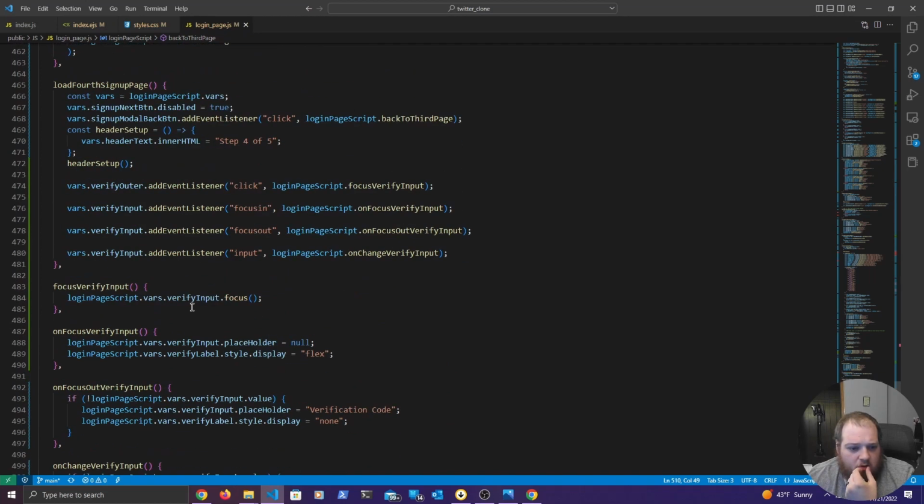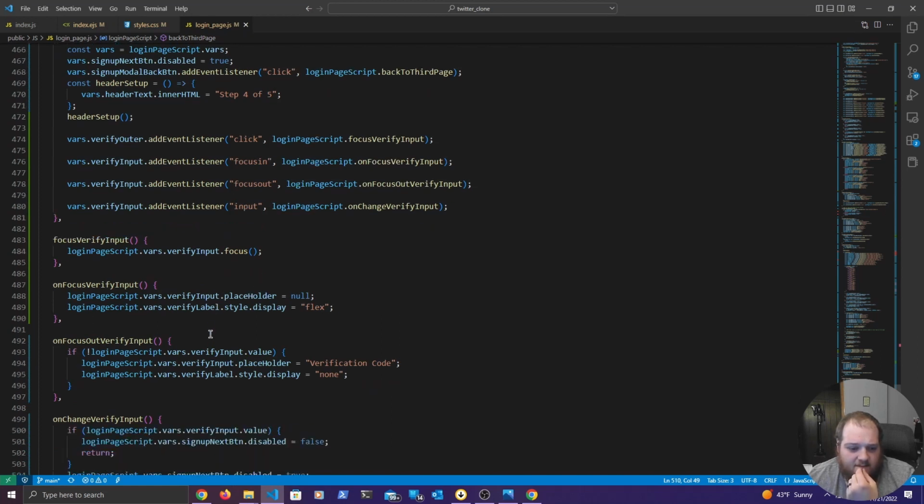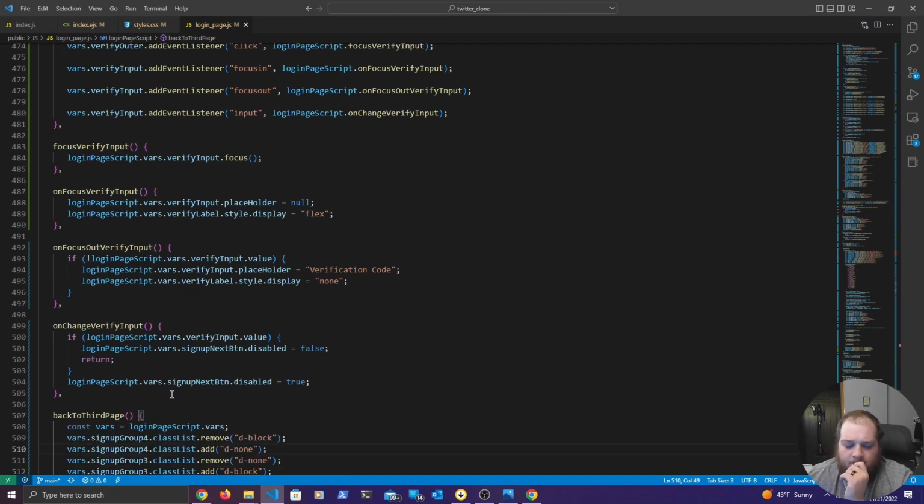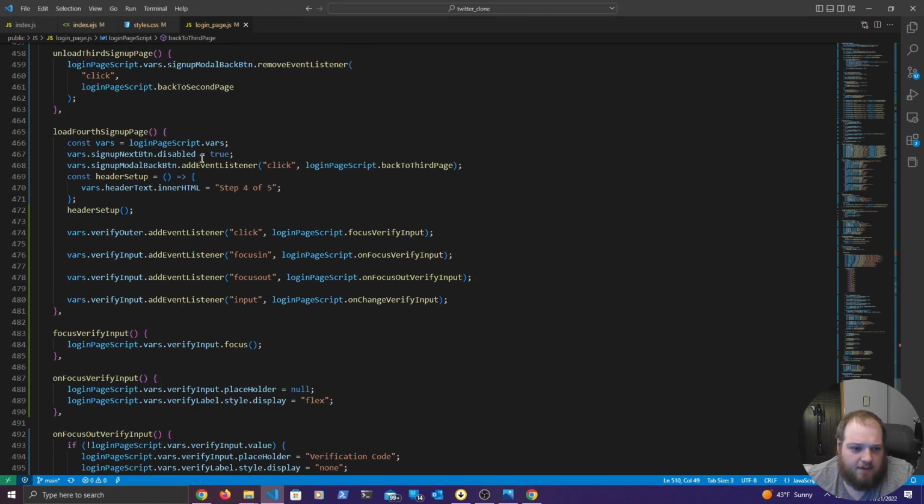So I'm assuming it's going to be something with, so it's basically, I'm assuming it's just an on-change event. When we load the script, we'll check to see if,